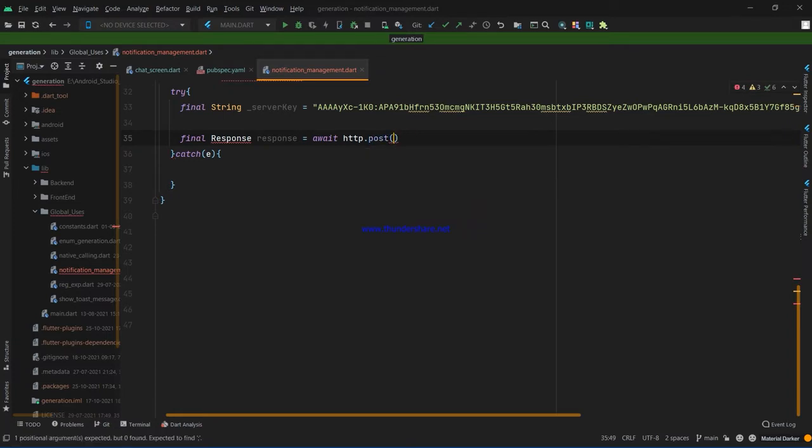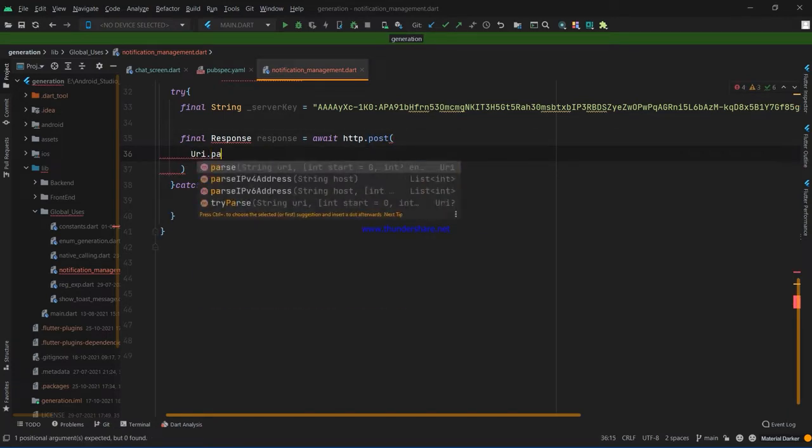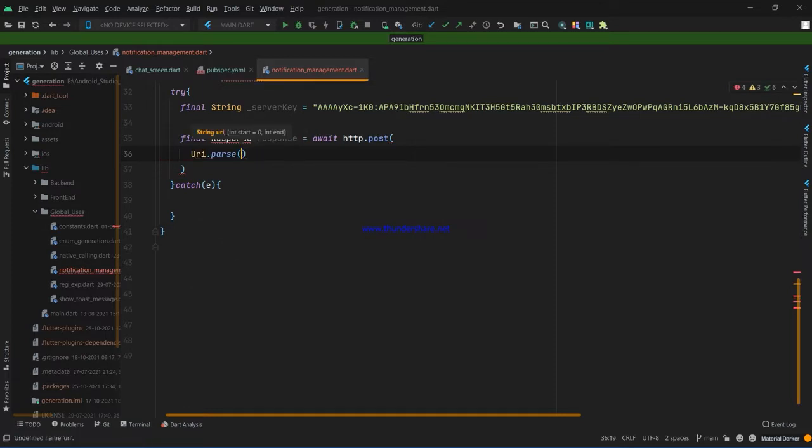We have to provide the URL as well. We have to parse the URL, and the URL will be https://fcm.googleapis.com/fcm/send.